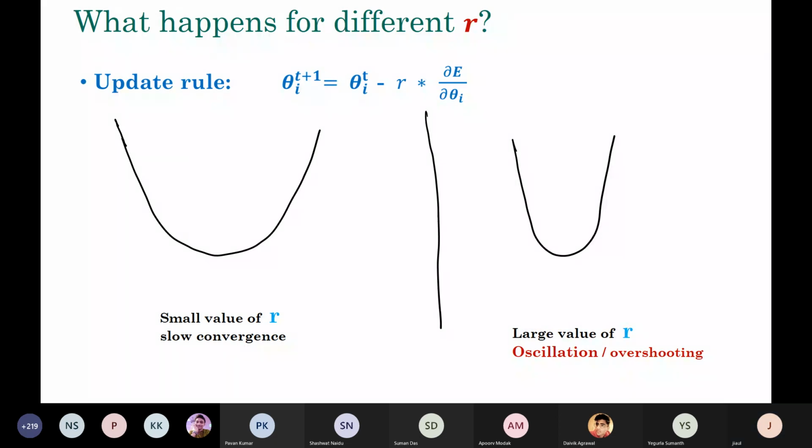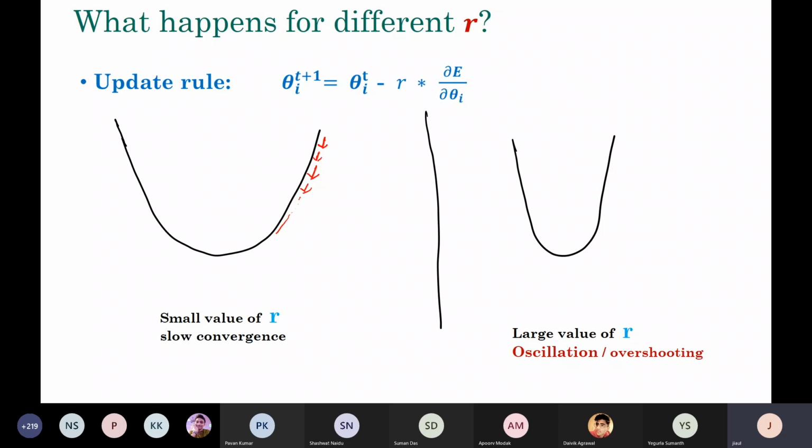So what happens is that you basically have a very small amount of jump. If the value of R is very small, then from here you have this, then here you have this, and so on. You're basically moving down. So for a small value of R, you are taking very little jumps, and the whole process is going to be slow. For large data, again, that's going to be a problematic thing.